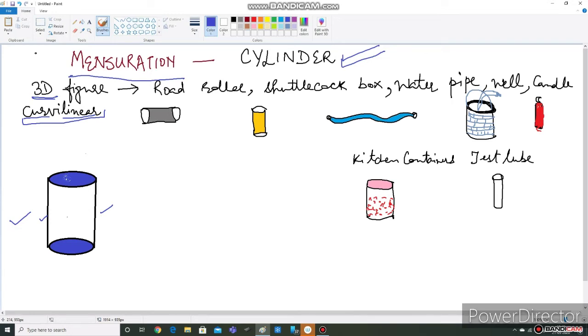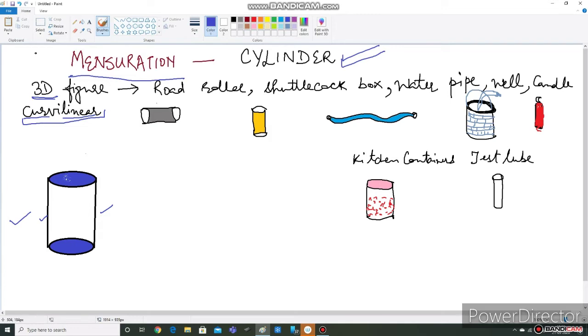Now students, in maths, what is the meaning? What are the formulae? We will surely do. But before that, let us try to just imagine where in our real life do we find cylindrical shapes. That is very much important to connect our mathematical things with our daily life. Because if we are not able to see where maths is being used in daily life, then I don't think there will be much use of doing all this. If I tell you, you might have seen all these figures 100 times, and now you will come to know that all of them are cylindrical figures.